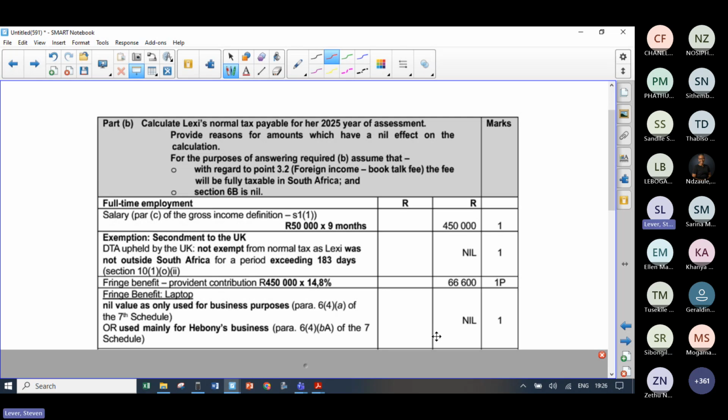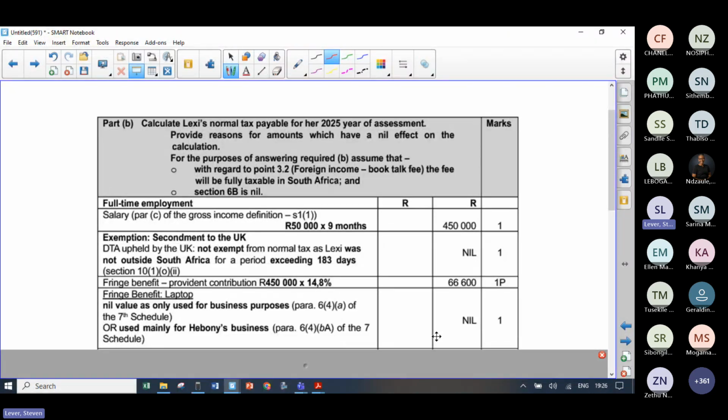Okay? Now, guys, there are two points that I just want to make here. Guys, if you put no fringe benefit, you will not get a mark. It's not that there's no fringe benefit here. It's that there is a no fringe benefit. And I'm talking about discussion questions because sometimes you get discussion questions. Don't say that there's no fringe benefit because there is one. It's just valued at nil. So I need you to get into your heads that when they give you something and it's got zero value, it's a no fringe benefit for your discussion question. So please just do that.